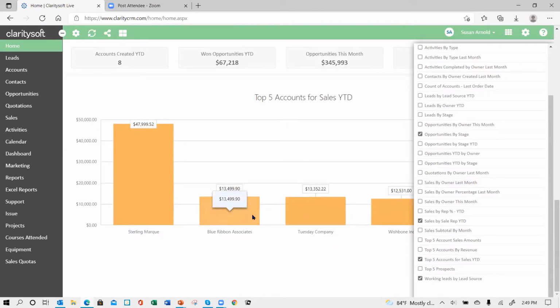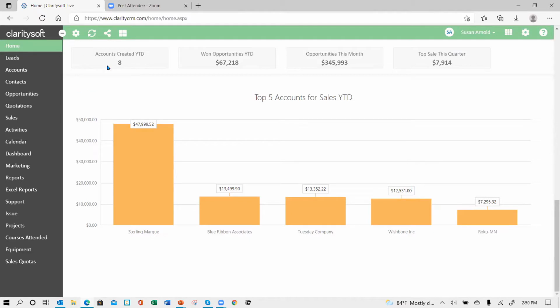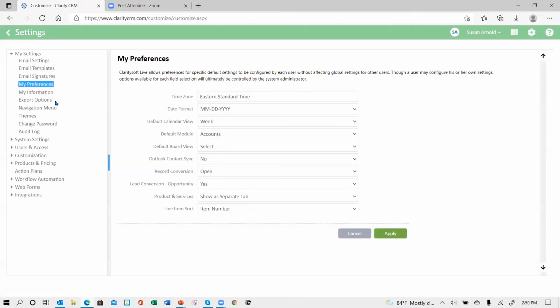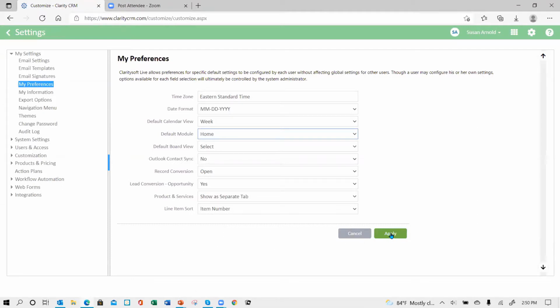So anything you create in dashboards can be viewed on the home screen. And what a lot of people do, especially manager type people, will create your dashboards. And then when you log in, you can have this home screen as your default module to land in. And the way that you do that is you come up here to the settings button, the gear shape, and on the left, you go to my preferences under my settings, and then here, default module. So if I change this to home and click apply,